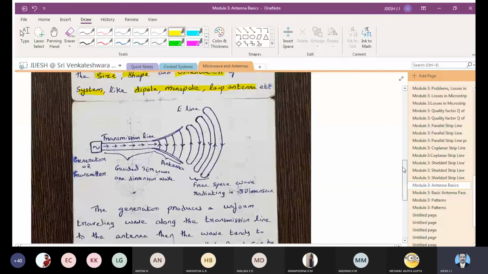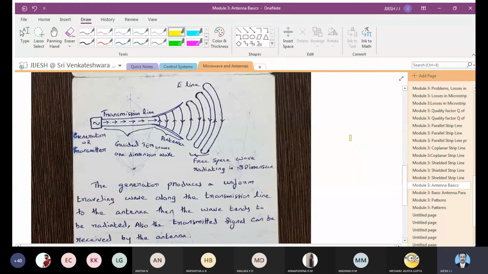All of you can just listen for a minute. Here you can see there is an antenna. This portion is an antenna, and you can see the fields. The electromagnetic waves will be transmitted here. You have fields here, and all these are the field lines. Further you can see that here there is a generator, or you can call this a transmitter.